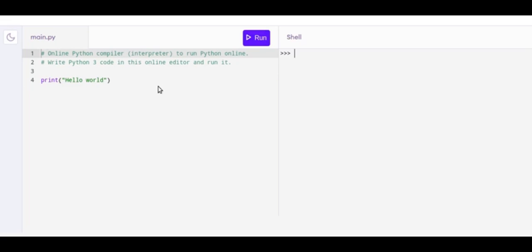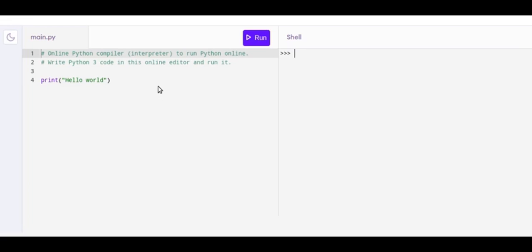Now what is the basic difference and what are the two basic working modes of Python? Python code works in two modes: one is the interactive mode and the other one is the script mode. In interactive mode, any command which we want to run is just outputted on the press of the enter button only. But in the script mode we have to save that program first, and only then can we run that program. In the interactive mode we just write the command, press enter, and we are ready to go.